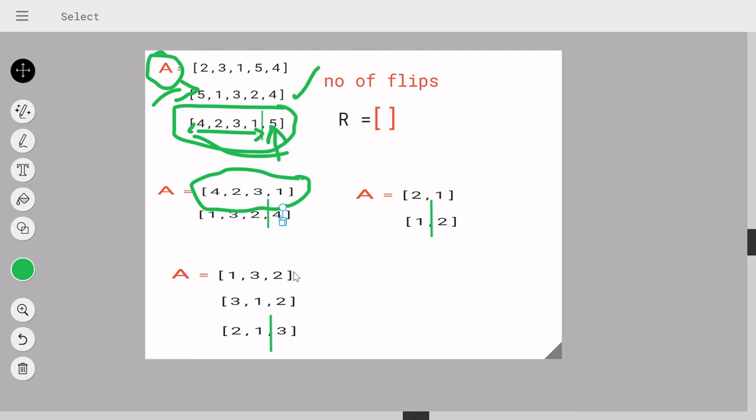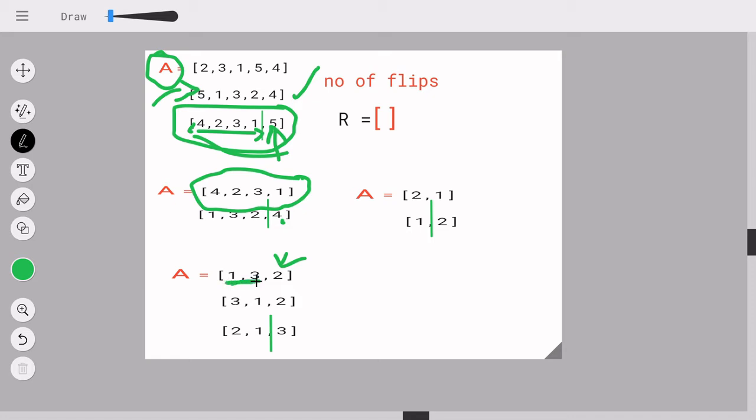Now the approach again I take is, what is my length of array? It is 3. And what is the largest element in here? It is 3. What am I supposed to do? I need to get my 3 in my last index because that's the sorted version and my aim is to get the sorted version. So again, I'll get my 3 over here. How do I do that? Right now, my 3 is not in the 0th location. So how do I get my 3 in the 0th location?